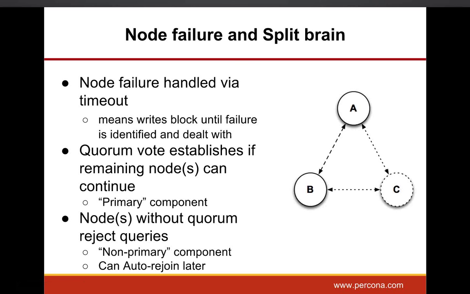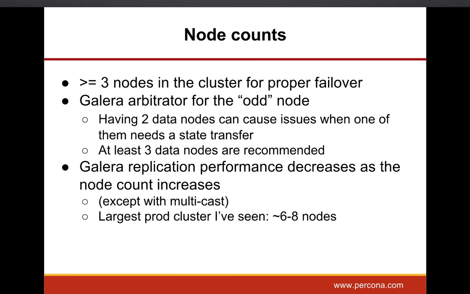That's a functioning member of the Galera cluster, the Galera group, but it does not run MySQL. It does not actually store any data. And so you could have a third one that's your arbitrator. But realize if you do that, that having only 2 data nodes can cause some issues when one of them needs a state transfer. So if a data node is in need of a state transfer, and it has to get it from the cluster, and there's only one other data node, that other data node must be tapped to